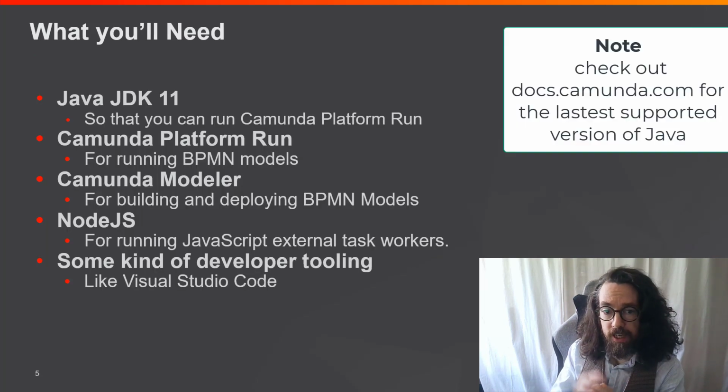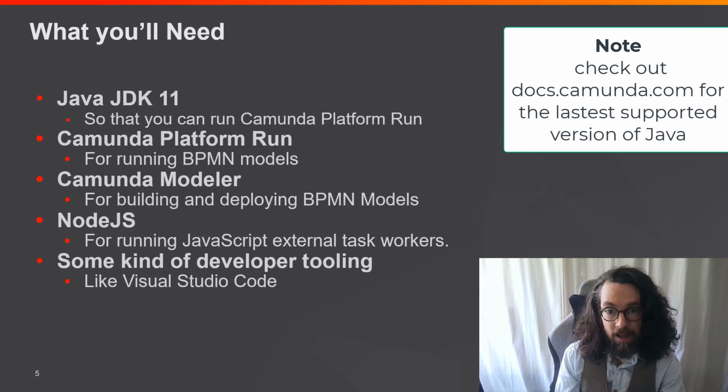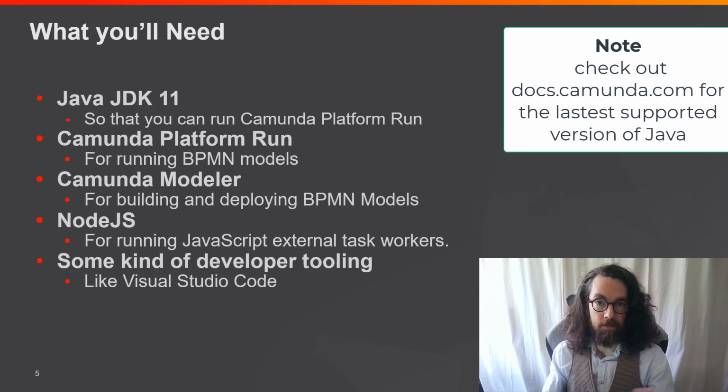There's a whole bunch of stuff you'll need, but don't worry, it is very easy to obtain. Below is a link to the GitHub project of everything I'll be building over these tutorials, and in that GitHub is a link to everything that is needed for this tutorial. What you'll need is Java 11 installed, and make sure you don't have Java 15 or 16, as those are not supported at the moment, so make sure you get Java 11, and that's so we can run the platform. We don't actually need to write any Java for this tutorial, but you do need to run the platform. The platform itself is free and open source, so go download it. Again, link below, and that is for running the BPMN process models.